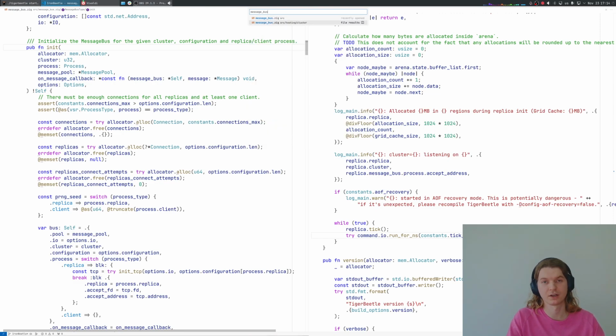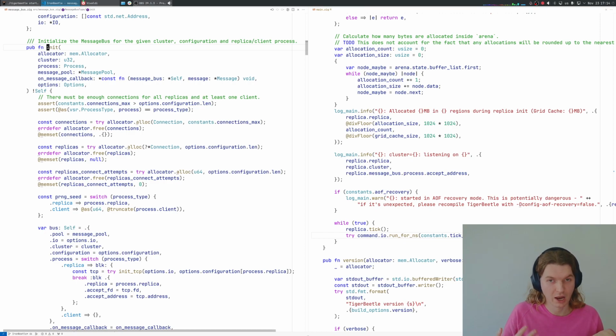There is one in testing, which is a fake message bus, which we'll be using for the simulator. And well, yeah, at some point we will be covering the simulator. But this one on the screen is actually the real message bus with the real TCP, because that's what we are interested in today, how the system works for it. Okay. So